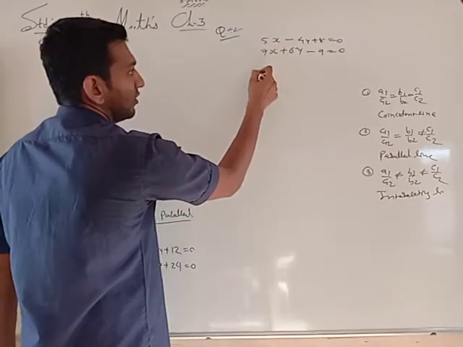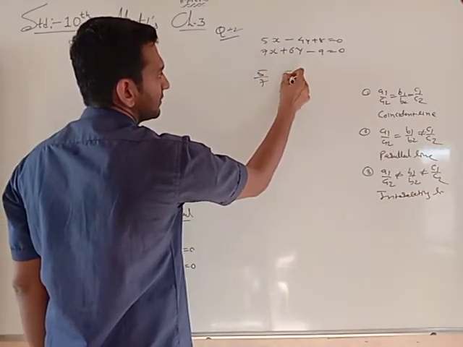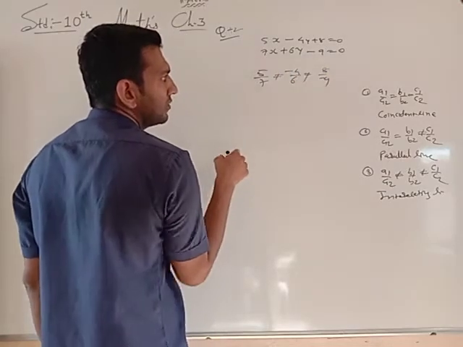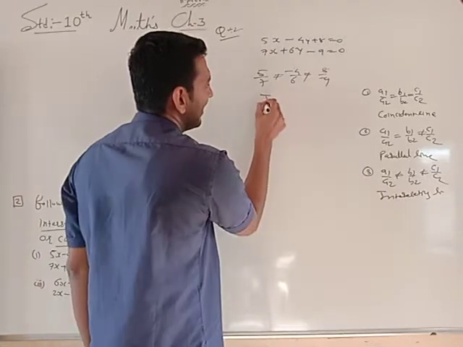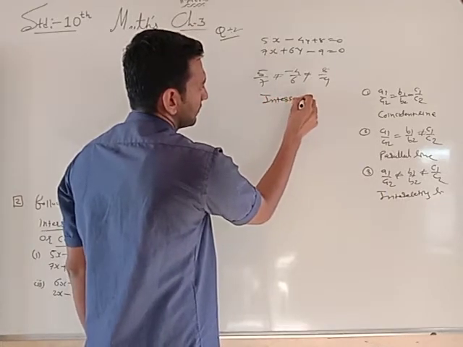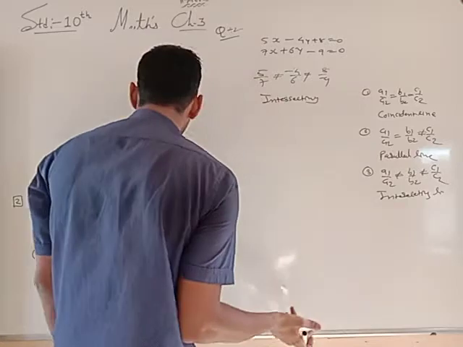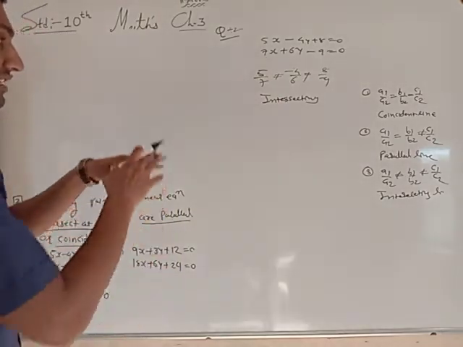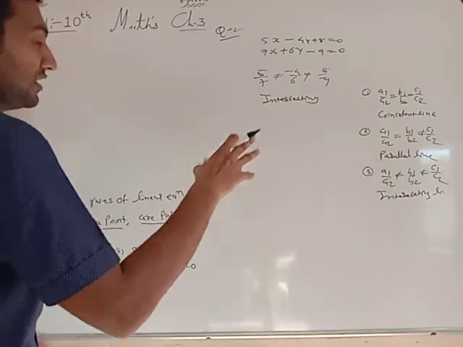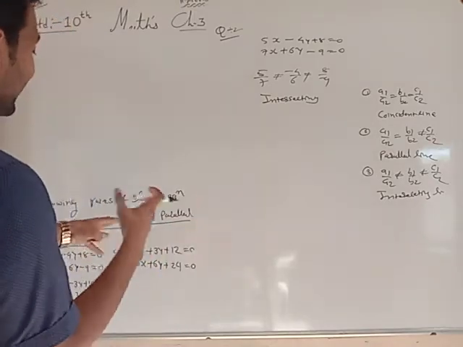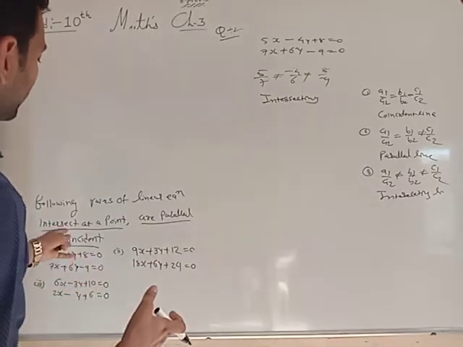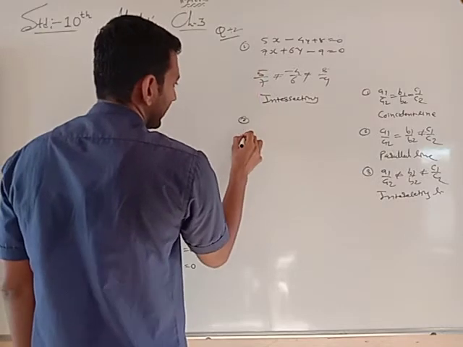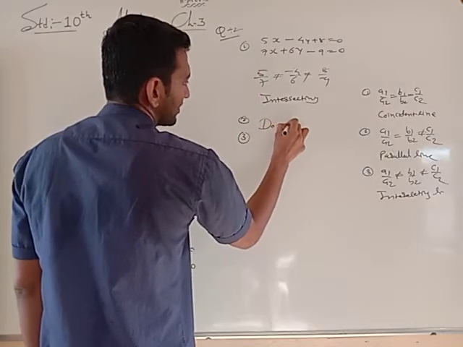So let's find the ratio of the coefficients. Does not equal means intersecting lines. If they are intersecting, there is one solution. You just have to tell which type of solution it is, that is, if you draw the graph, which type of graph is formed: intersecting lines, parallel lines or coincident. I did the first sum, and the second and third you do yourself.